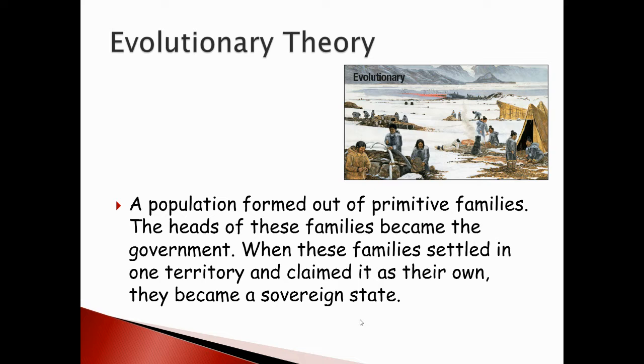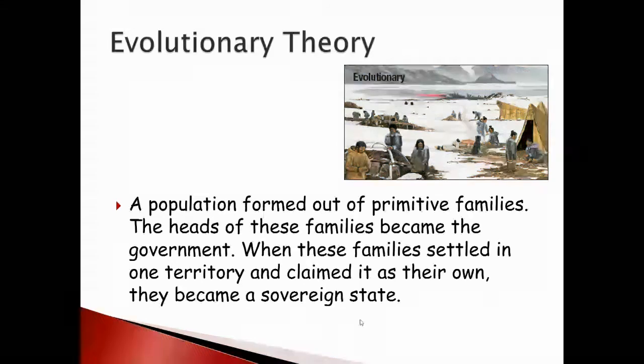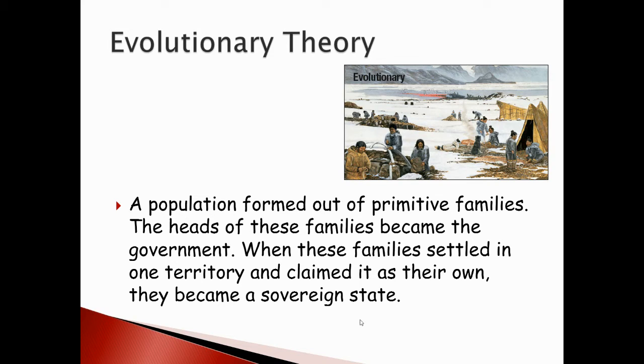That's not divine right. It's evolutionary theory, and this is not a science issue. This is a political science issue. And so under the evolutionary theory of government, other scholars will say, the state basically developed naturally out of early prehistoric families. They believe that the primitive or the basic family structure in which you had typically one person as the head of the family, be the father through something called a patriarchy, or a mother through something called a matriarchy, was the head of more or less the government. And this was the beginnings of political development.